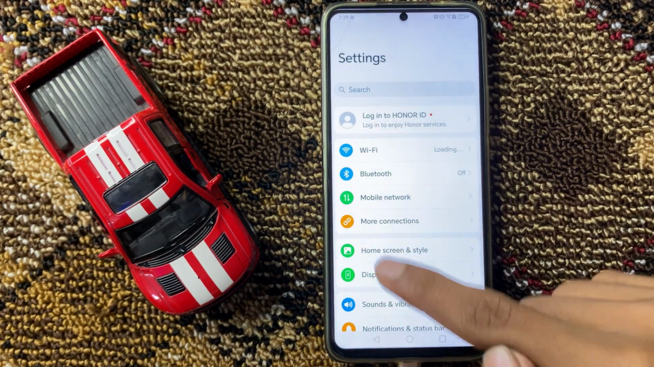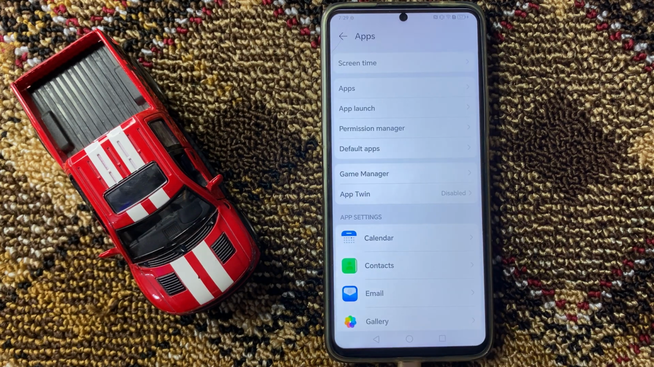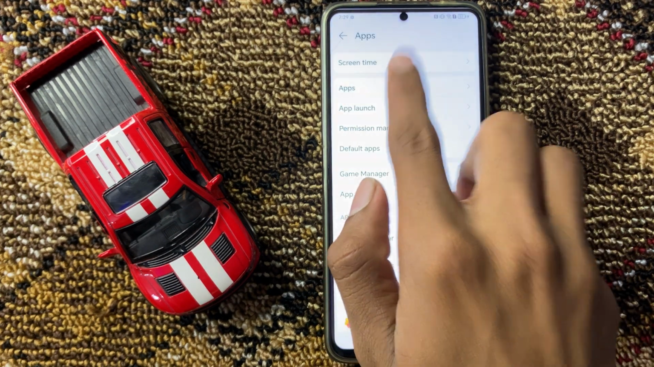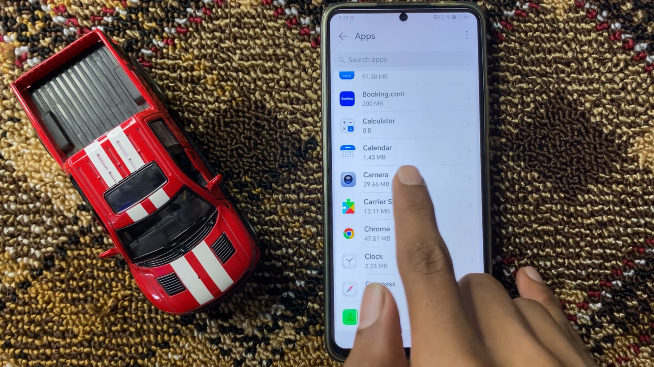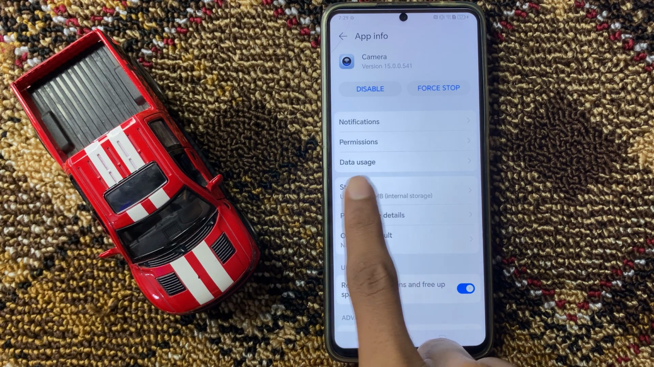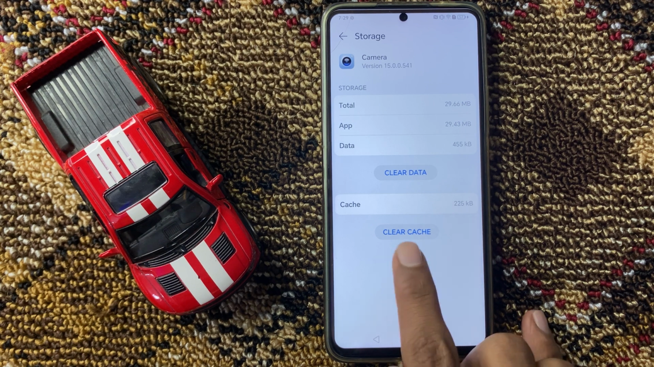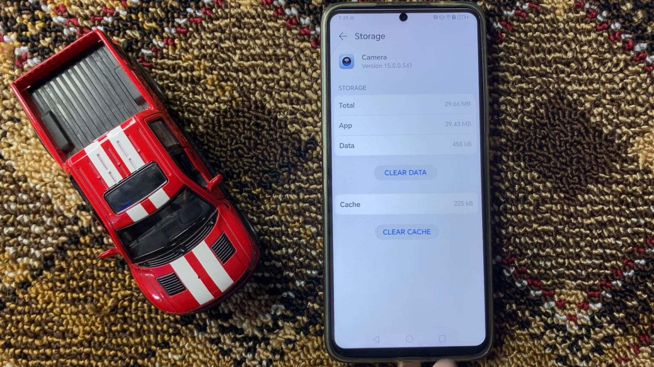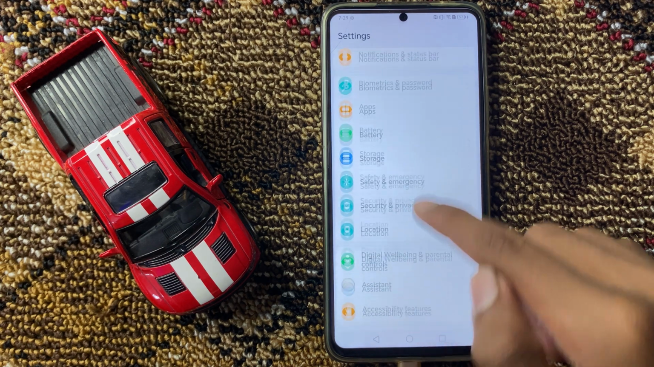In settings, scroll down and then click on apps. And again click on apps, scroll down and click on camera. And again click on storage. Now here you can clear your cache memory. After clearing your camera cache memory, go back to the main page of your settings and scroll down and